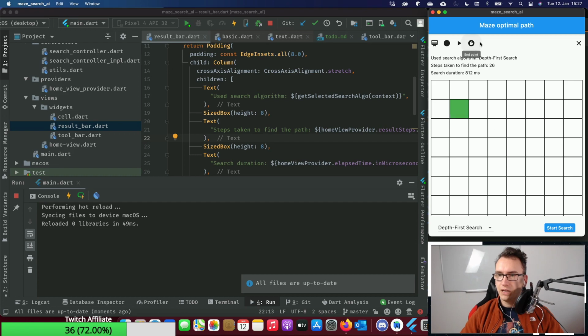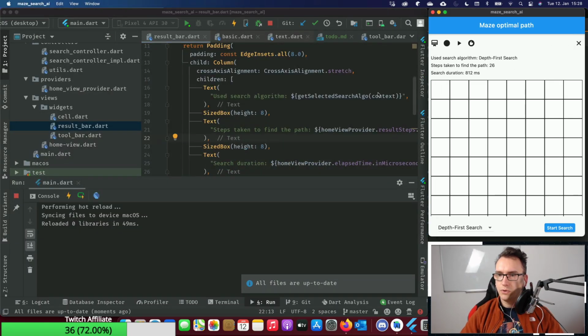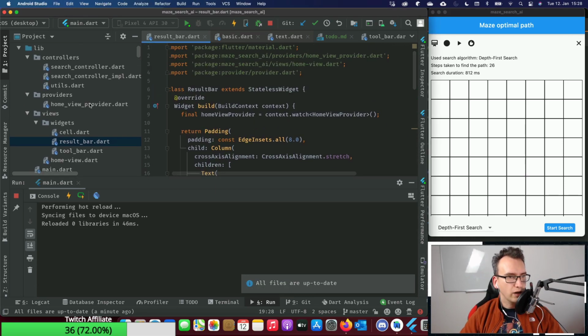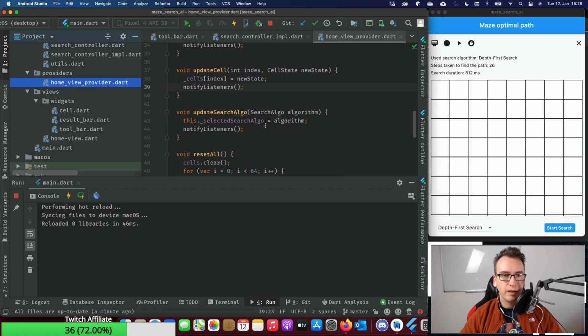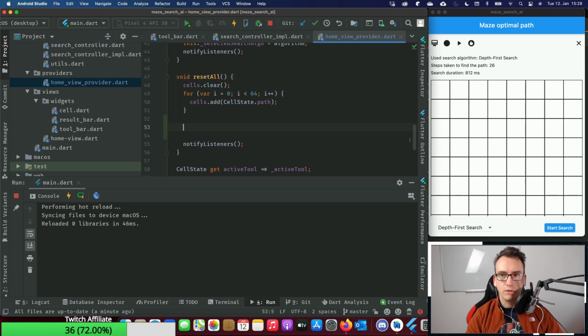Good. Anyway, so whenever I have once run my maze, I always lose the complete maze, right? After resetting the values, we can make a push. Yeah, I mean, we can push it also in between, right? Push more often and faster, so that's no problem. But you're right, we should have a reset button, or better, a reset function inside of our provider. Here we have the reset all anyway, so why don't we really reset everything, right?